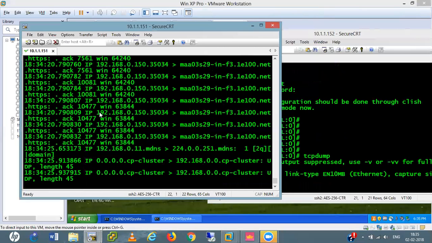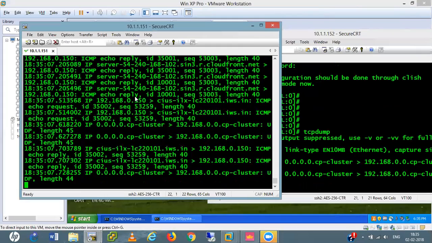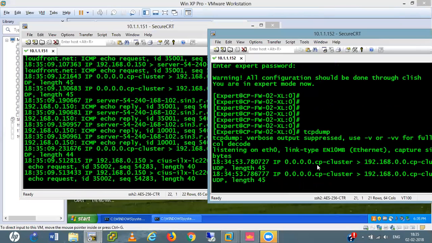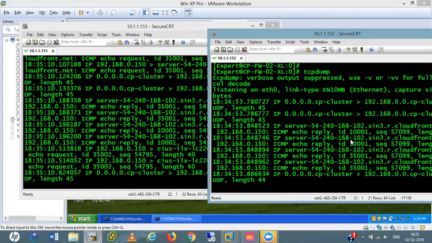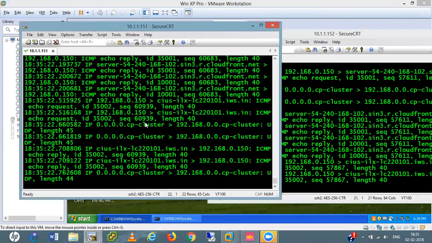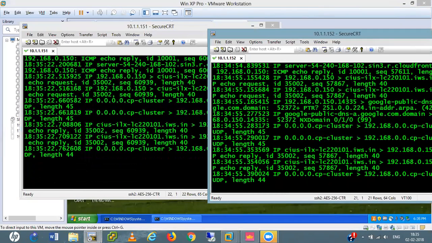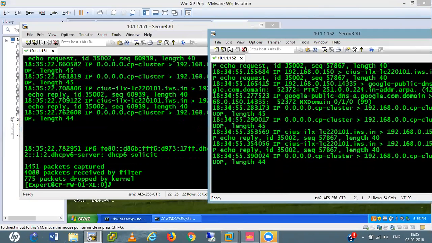This is my IP address. Here we have some ICMP echo replies, and here we also have the CP cluster traffic. Like that, we find the traffic going through our firewall. Control C stops this command.